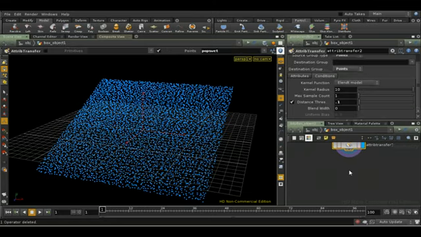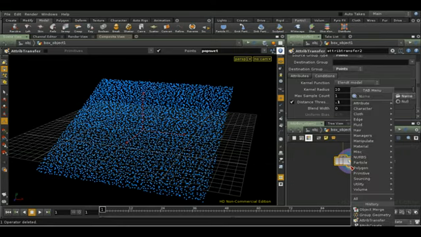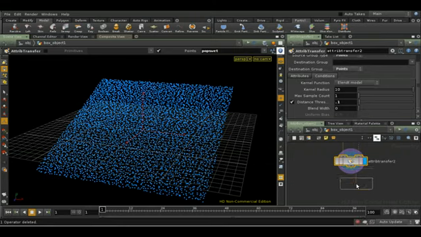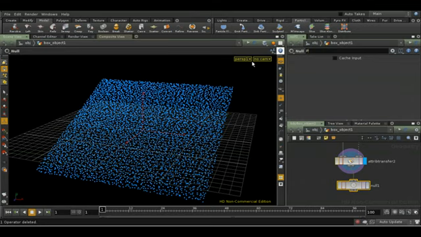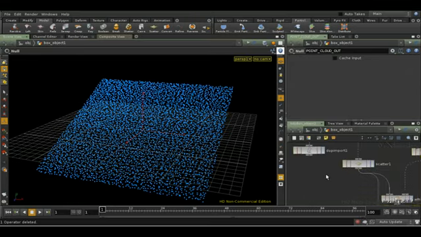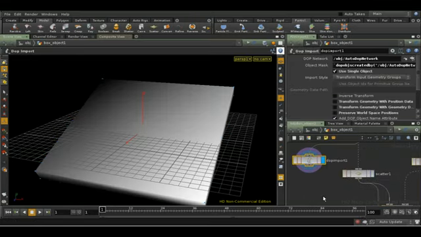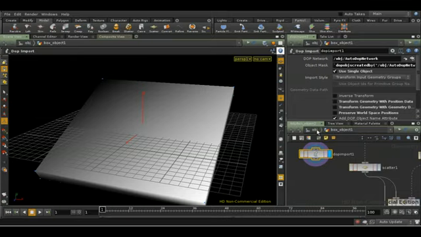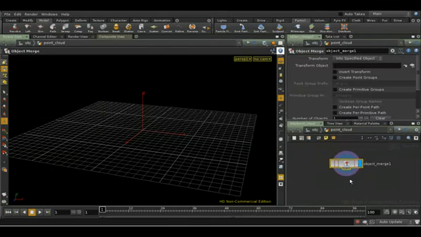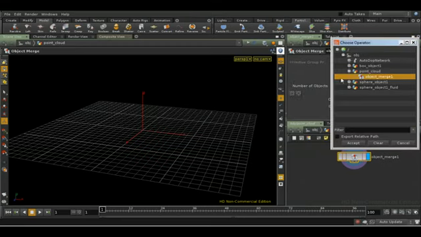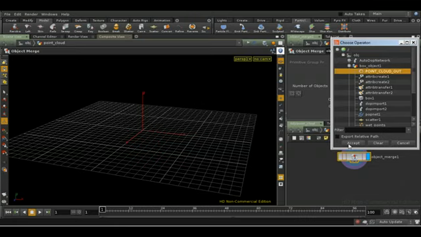Before we do that, let's delete the group that we have in this box object and add a null, and let's call this point cloud out, and let's put the render and display flags back on the DOP import. So in the point cloud node, we're going to object merge from the box object, the point cloud out node,